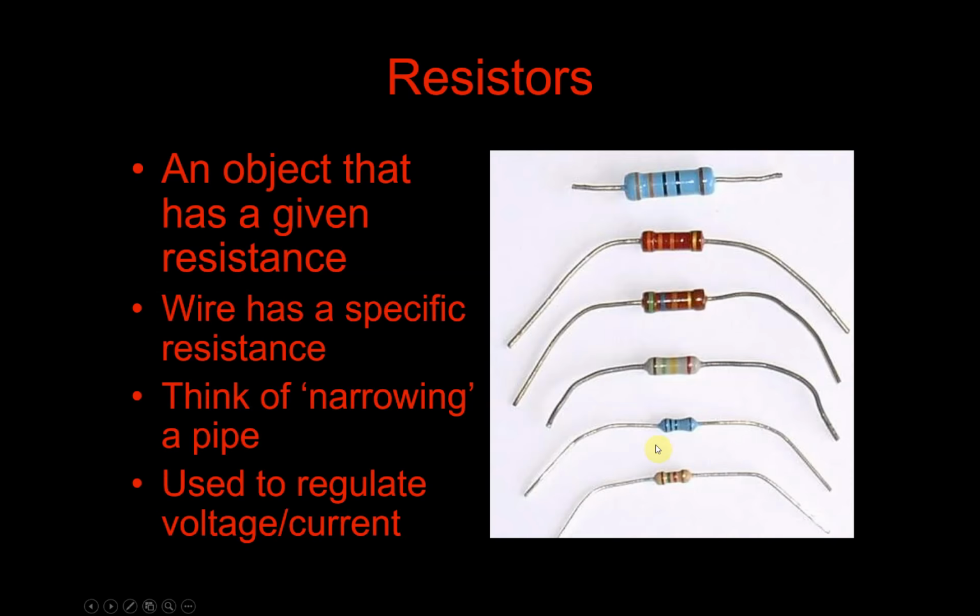So if we take these objects and we consider them to be like water pipes, then a resistor is really a narrowing of the water pipe, causing a bit more pressure, but also causing resistance to the flow of our current. And these are really useful because we can use them to regulate voltage and regulate current. If we look at the equation V equals IR and the other equation P equals VI, we can actually see that we can change the power and we can change the voltage and the current, all of those things interrelated,